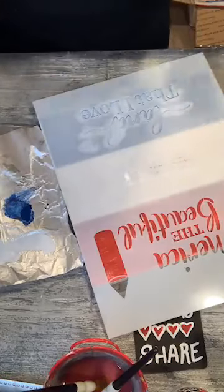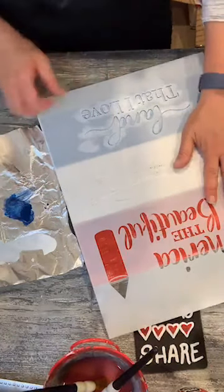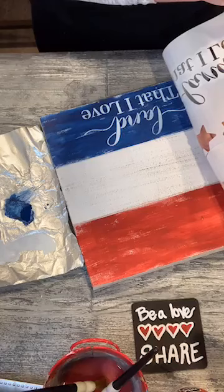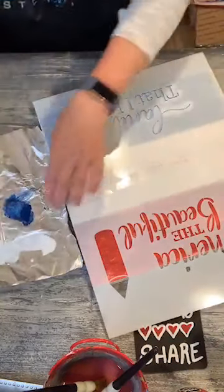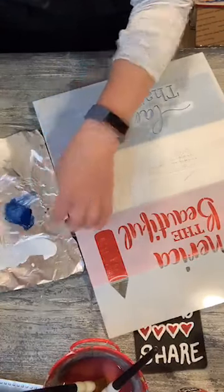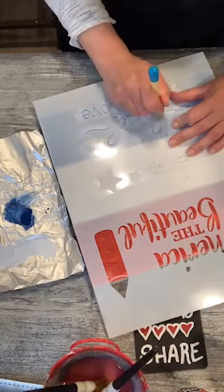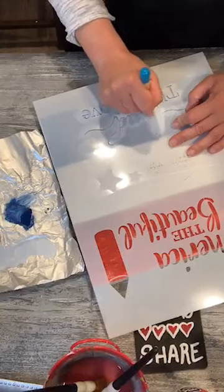Okay, here's what I do. This is what I call the hinge effect. I hold it down firmly with one hand, and then I peel it back to see if it's the coverage that I want. I would like my L to be a little stronger color. I want it to be more present. So I'm going to go back over my L. I went back over my D earlier when I was talking to you because it had already dried in the time that I was explaining things. So now let me just show you